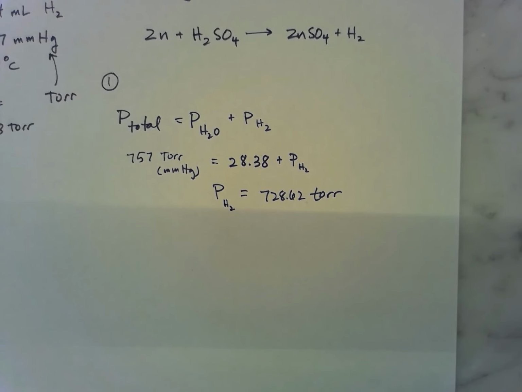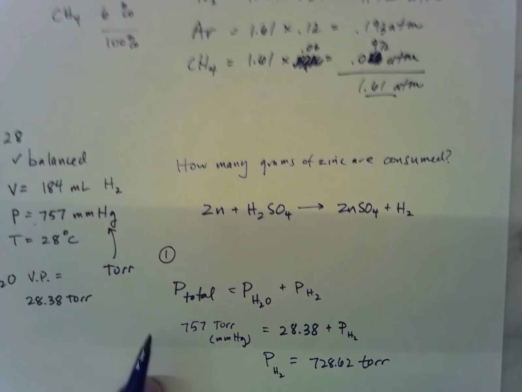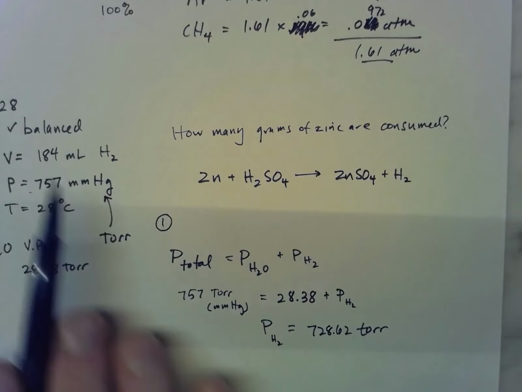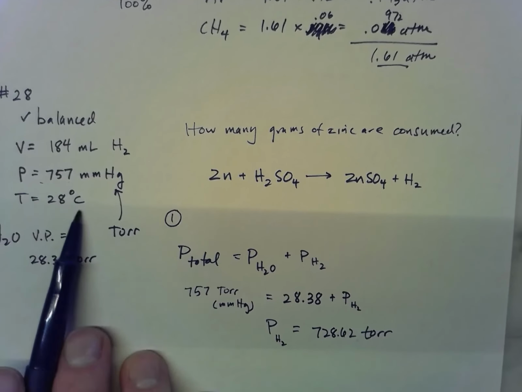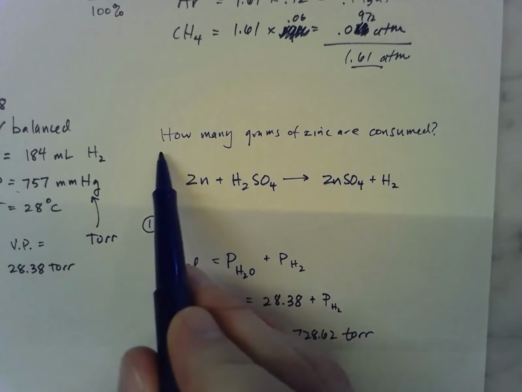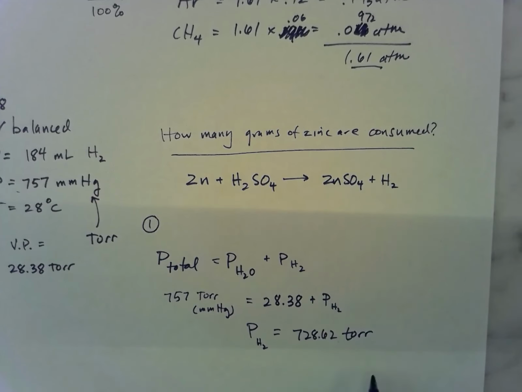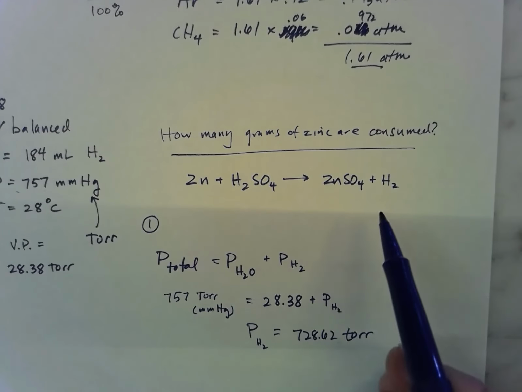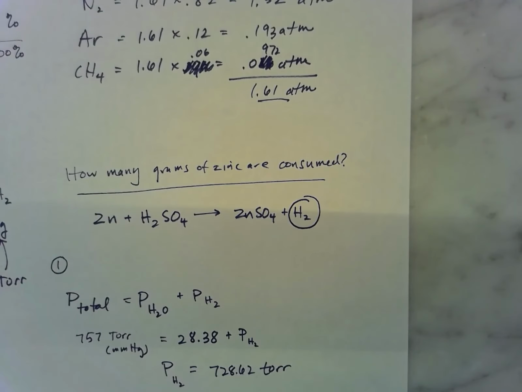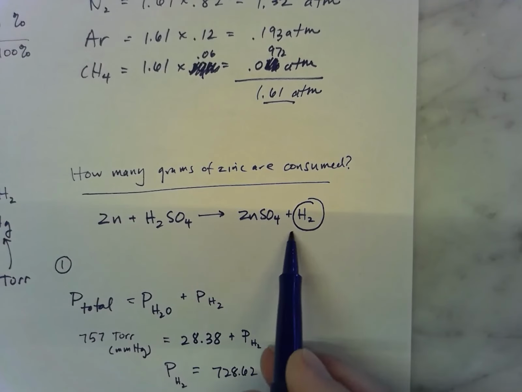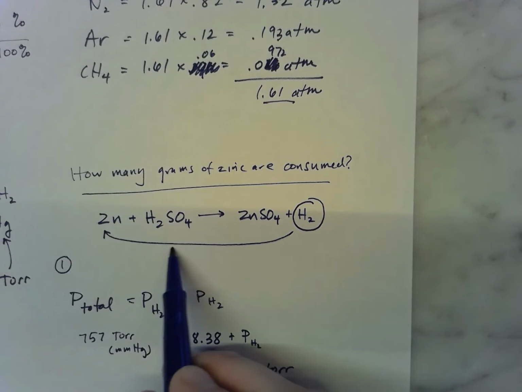All right, now, what do we do? Now we have a volume. We've got a corrected pressure. We've got a temperature. And we are looking for how many grams of zinc are consumed. Okay, we can't answer that yet because we're going to get this. And then we're going to go back and compare